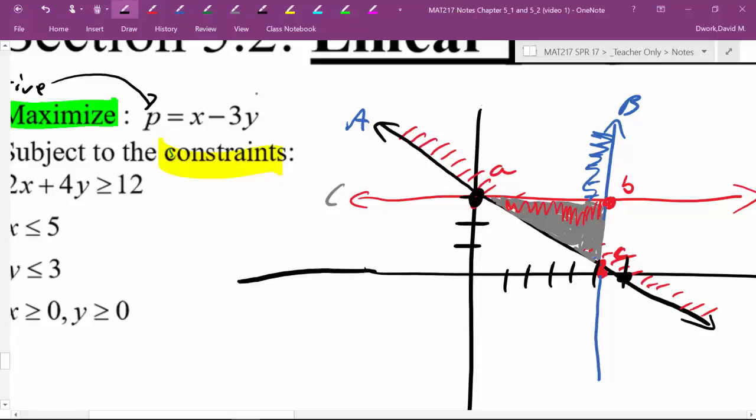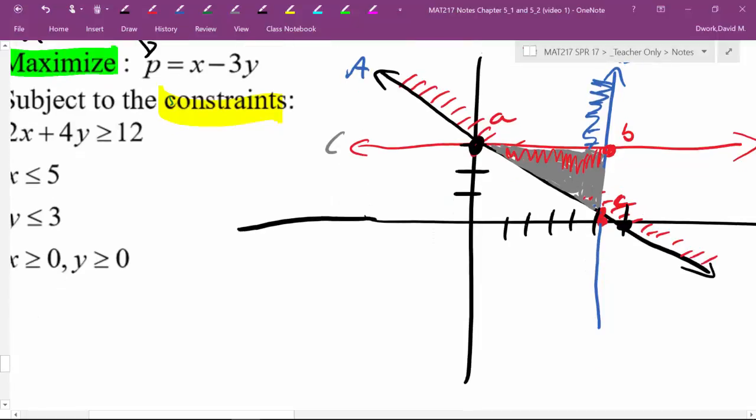Well, there's this theorem that says our max or min will always occur at a corner point, because the logic says, okay, we're looking at this corner point here, and we already found out that's (0, 3). And therefore, if this gives me whatever profit it gives me, then if I slide along the line here, and now I'm at (1, 3), and my values got bigger, because everything's linear, then (2, 3) is going to make me an even bigger profit, and (3, 3) is going to make me an even bigger profit, and (4, 3) is going to make